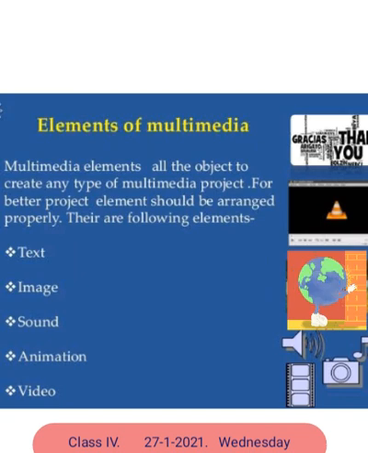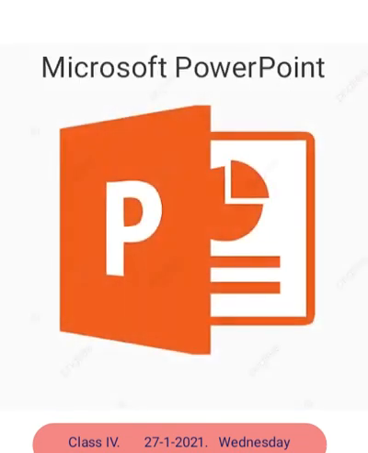And also, create a web to show the elements of multimedia, which includes text, images, sound, animation and video. I explained all these elements of multimedia. Also, I told you that Microsoft PowerPoint software is being used to create a multimedia presentation.